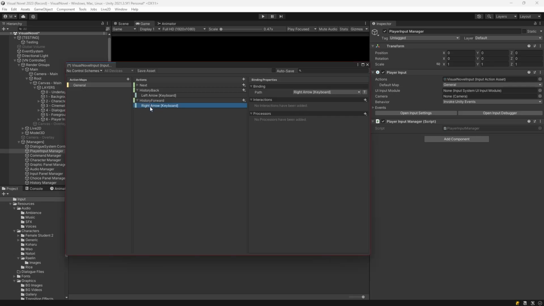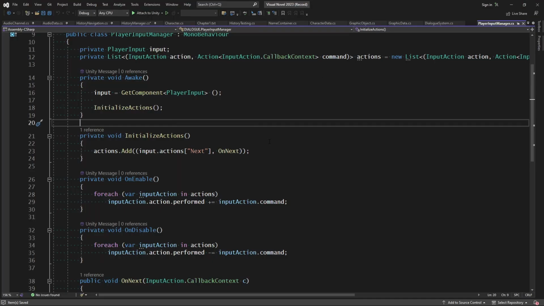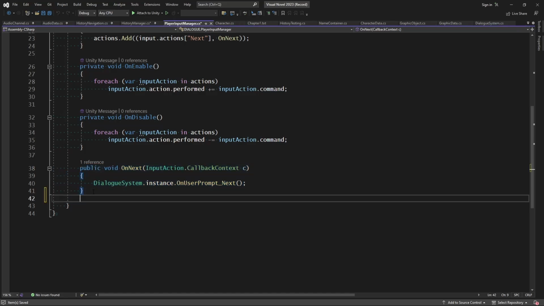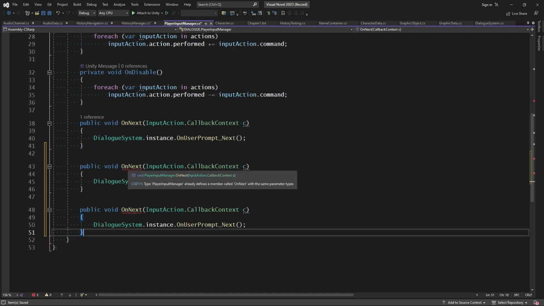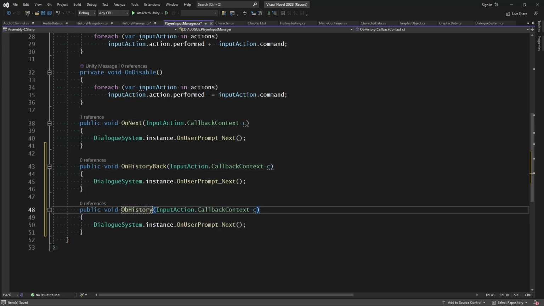I'll also tie this into the next trigger, but I'm going to make a dedicated one here as well. So let's go ahead and save that and close it out and go back to our input manager. Now for us to link these up, we need two new functions just like on next, which take in the input action callback context. I'm going to paste that twice and just call this on history back and on history